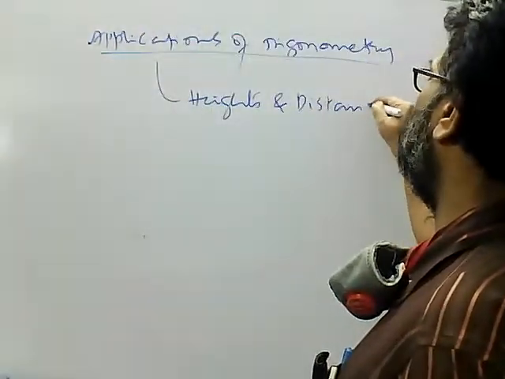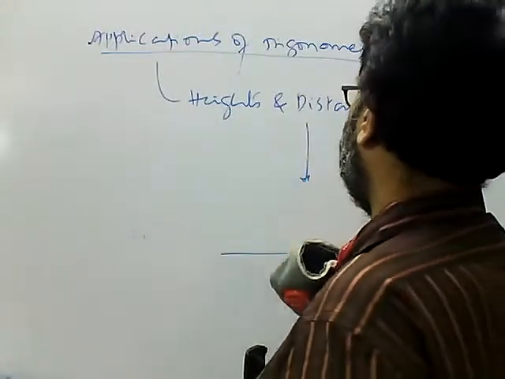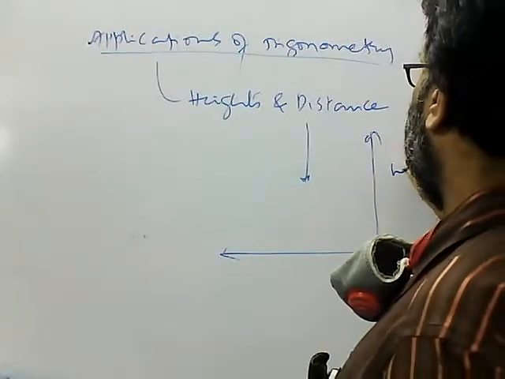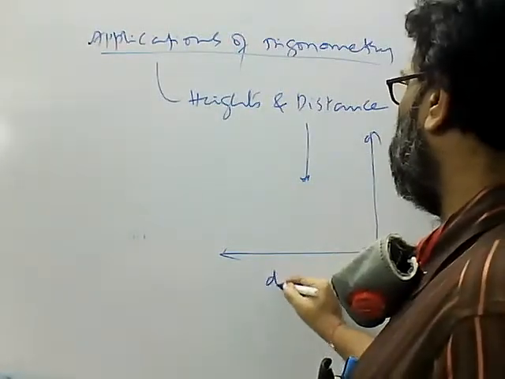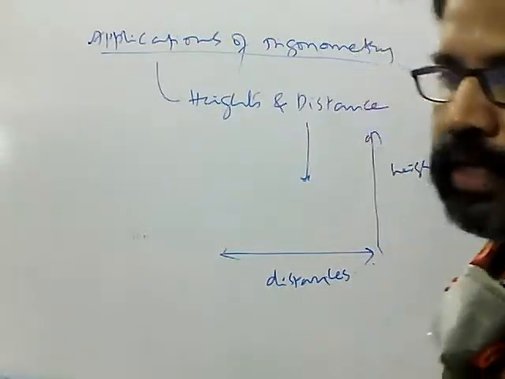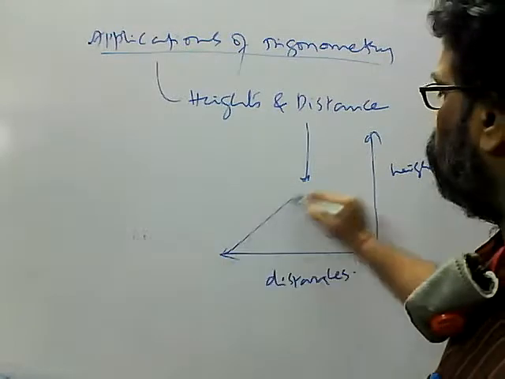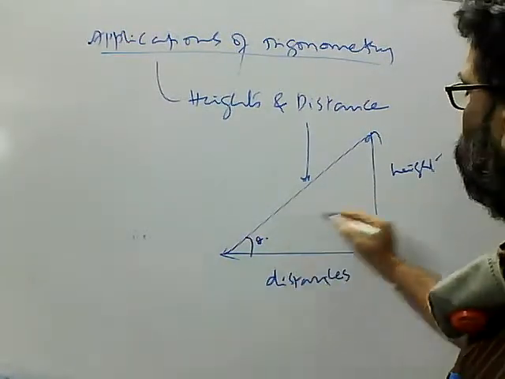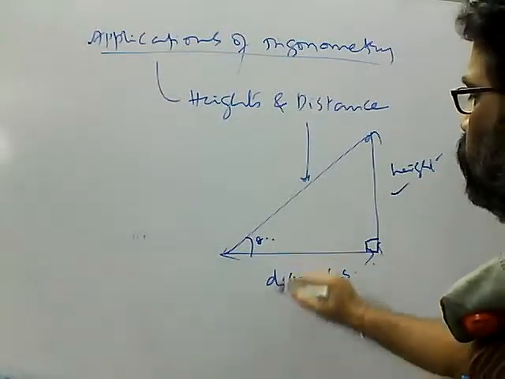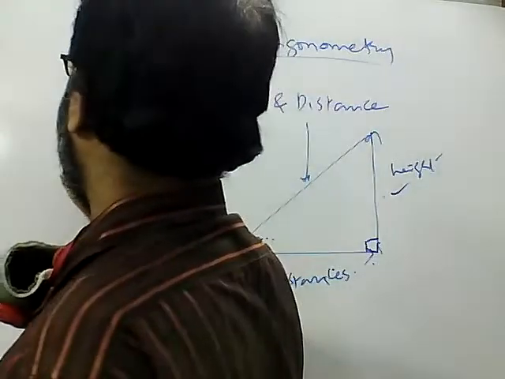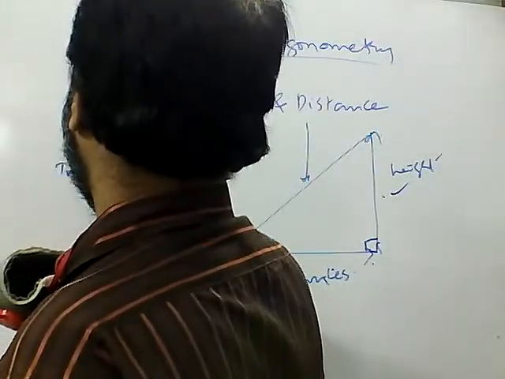So what we are doing in this topic, heights and distances: distance is flat, straight, linear, horizontal. Height is vertical, like this. So when we use the concept of trigonometry to find heights and distances, it is called the application of trigonometry. Suppose you join this, you know this is 90 degrees, and you know any angle. If you know the height and this angle, you can find the distance. Because trigonometry will be used